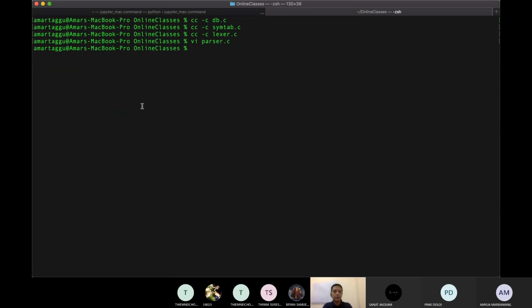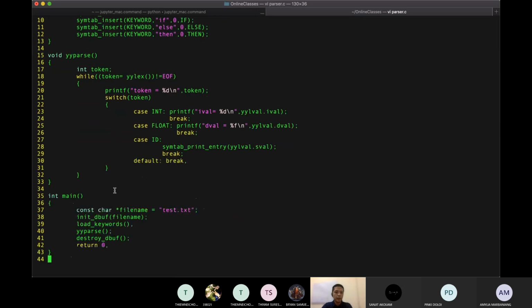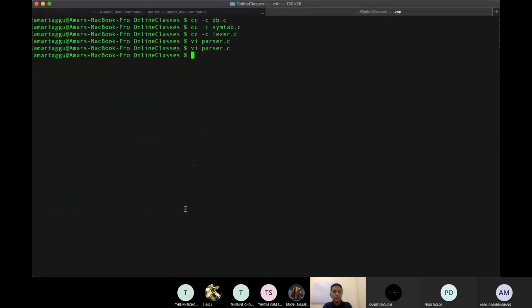Now, before we can run the program, if you remember, we need to load a file, right? This one, test.txt. We don't have a file yet. So let us do vi test.txt. And what do we put here? We put all the possible things like